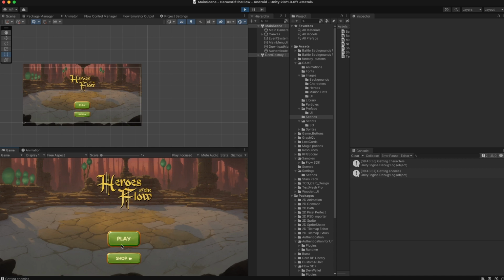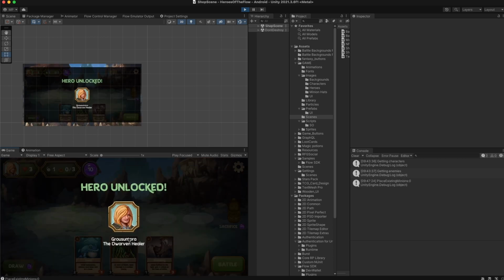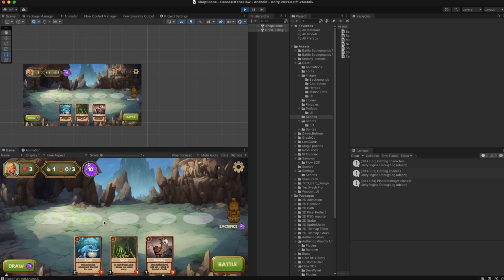So this is our main screen. We've got a play button and a shop button. Let me just click on play. The first time you play the game, you unlock a hero, and you just need to click to get rid of that. And then we're on to the